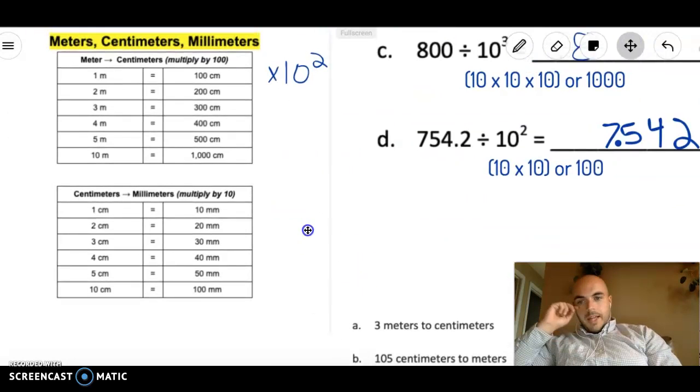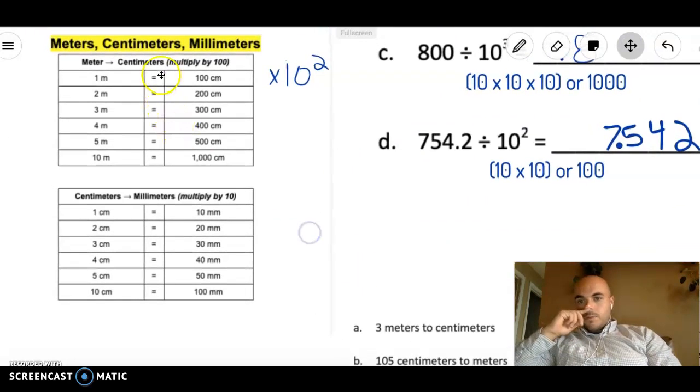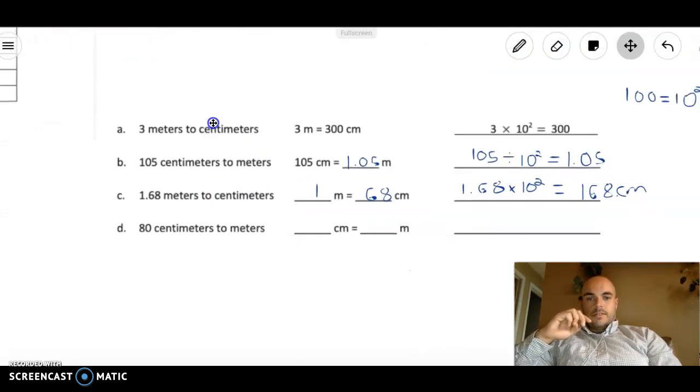So I need to go from centimeters back to meters. So I know I'm going to be dividing. Okay, so I'm going to be dividing 80. Let's draw an arrow here. So 80